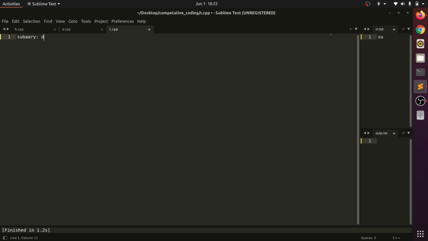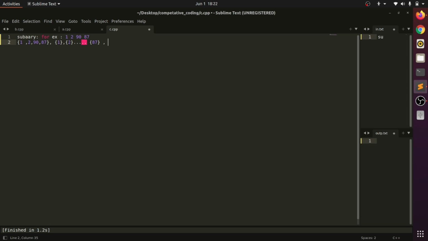If I take an example for better understanding, let's say we are given an array 1, 2, 90, 87. The first subarray will be 1, and then the whole array 1, 2, 90, 87.